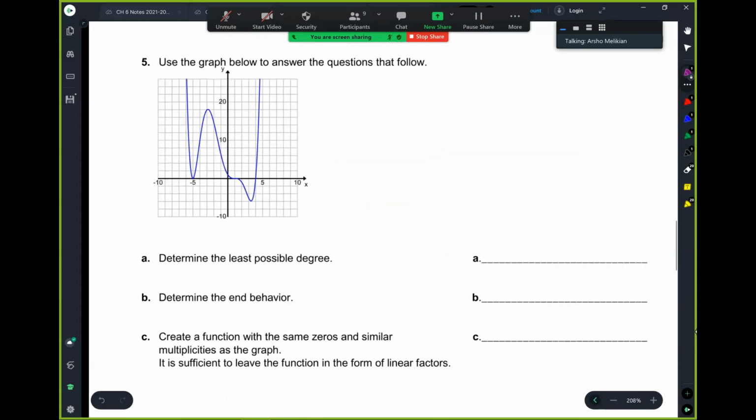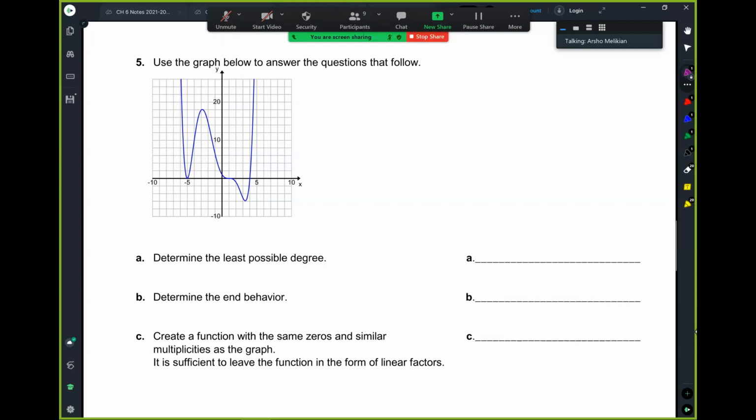Let's do a little bit more. Okay. So this one says determine the least possible degree. Is this an x to the power of 2? Is this an x to the power of 5, right? What's the least possible degree? Well, what do we have to look at? We have to look at a couple of things. Yeah, Neve, go. You have to look at the turning points, right? Yes, that's one thing we look at. So we look at the turning points, 1,